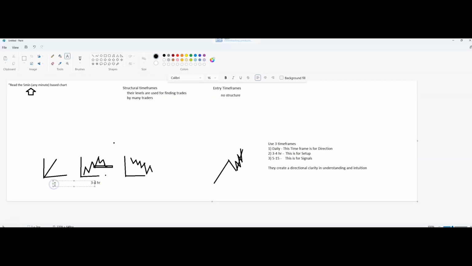By the way, if you're using stocks, I really recommend to incorporate the weekly. You will see the clarity that that chart brings with stocks is amazing. I mean, it's really amazing. If you're a stock trader, you've got to use the weekly. It brings so much clarity that it impacts the trading in a good way. Anyway, so we'll just use the daily, let's say you trade futures, daily, the 3 or 4 hour taps here,